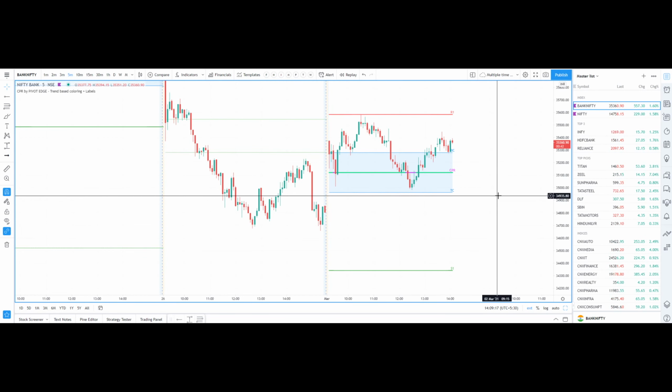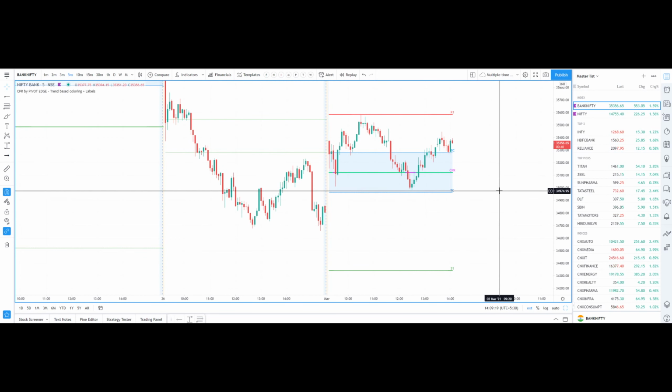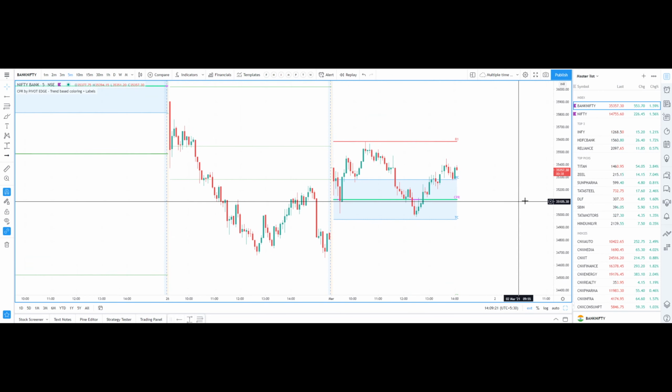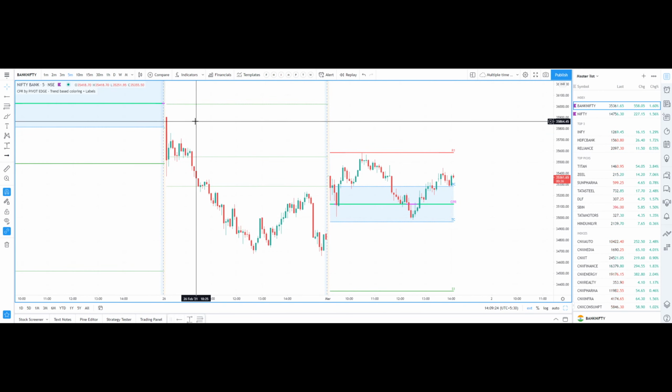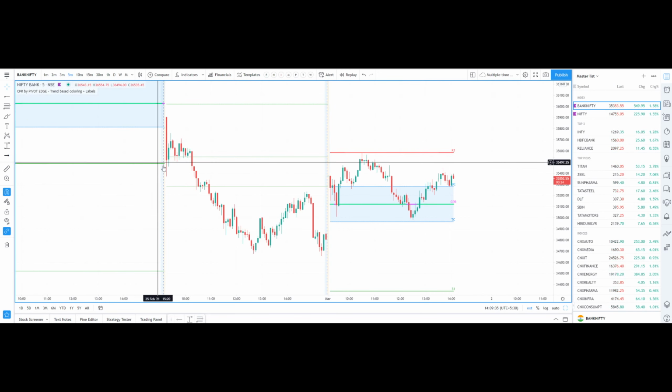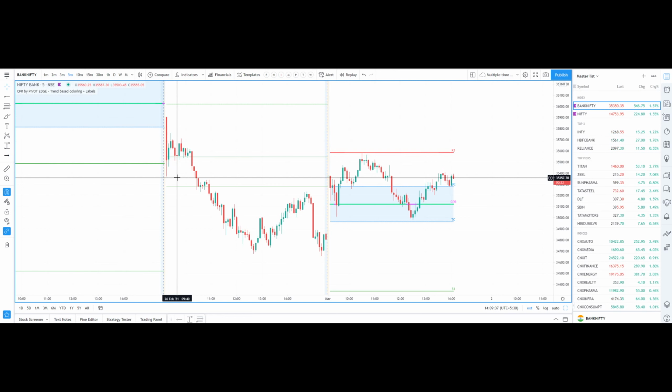Okay, now let us see the features of this indicator. But before going into the features of this indicator, let me give you a background about this indicator and what is it made up of. As you know, CPR means central pivot range. This indicator is built on an important concept called pivots. What are pivots? Pivots are very important key levels which the price respects. You can call them as your supports or resistance.